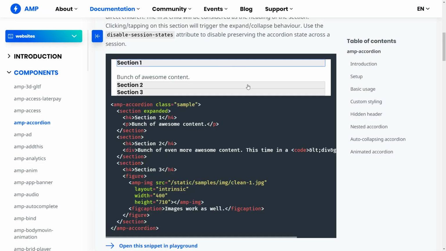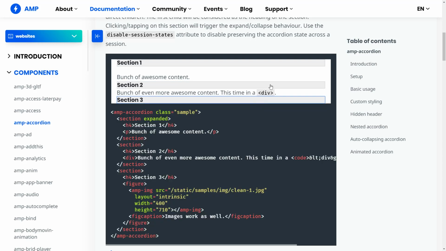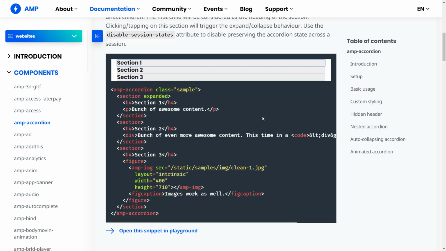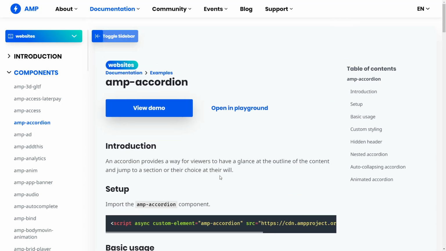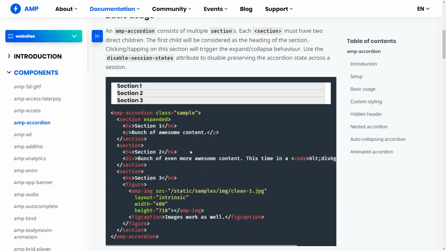You could do this with AMP accordion, and it would probably be a little bit easier. However, if you just want to close and open one section in your whole website, including the component and coding it according to its specification, see how AMP accordion needs the markup to be written in a specific way. So if you only need one section and you want a custom markup that doesn't have to adhere to the AMP accordion rules, then just do it my way. Use actions and events like we're going to do and forget about AMP accordion.